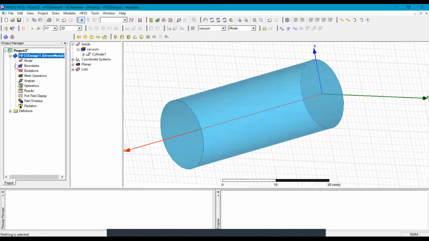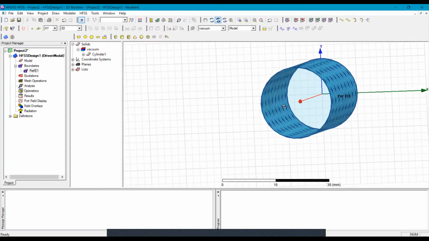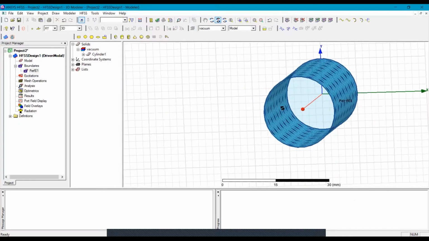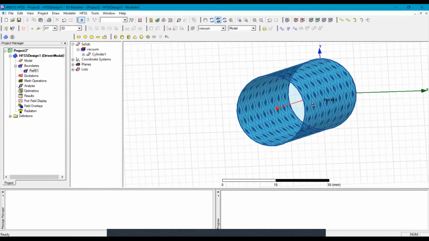Now in this tree, I can see the boundary perfect E here. So you can see that inside the circular waveguide it is vacuum, and outside it's an electric boundary.